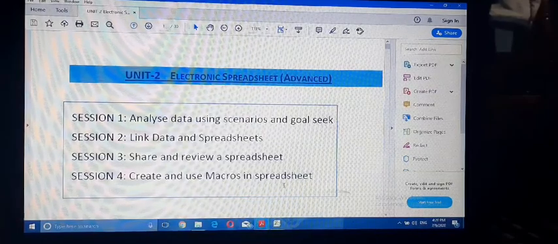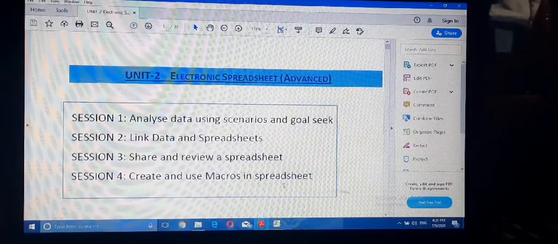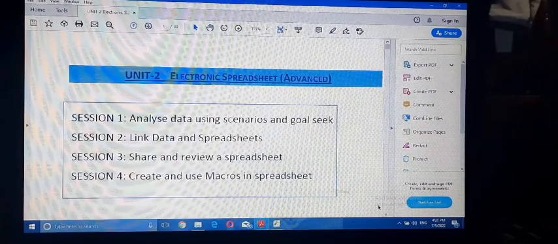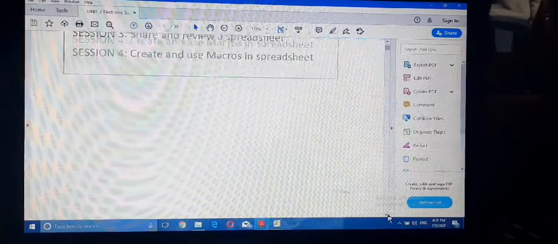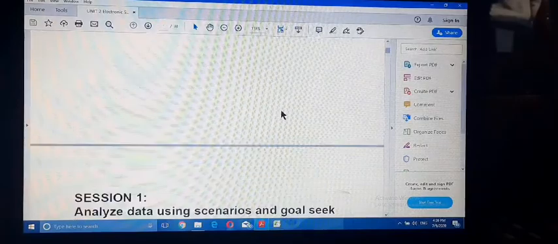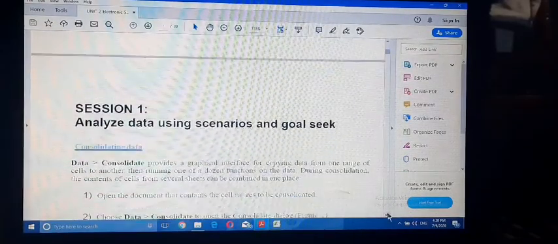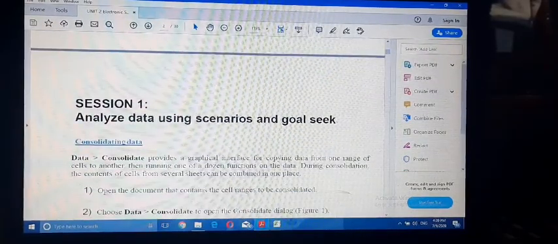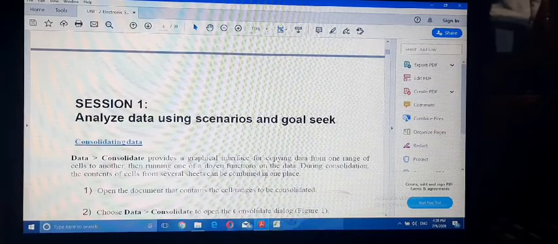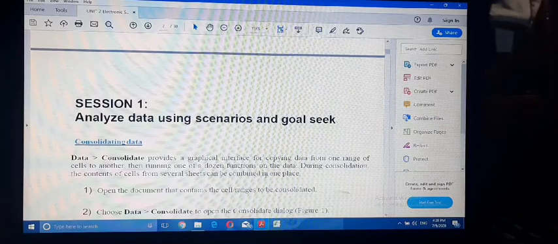So the first one is scenario and goal seek. Consolidations. First topic is consolidations.